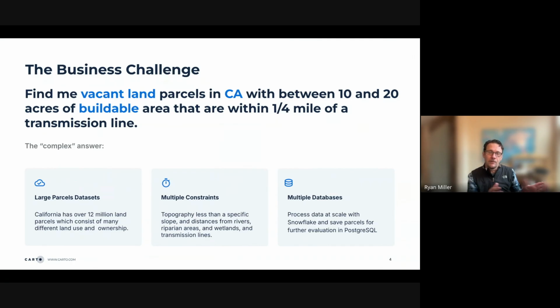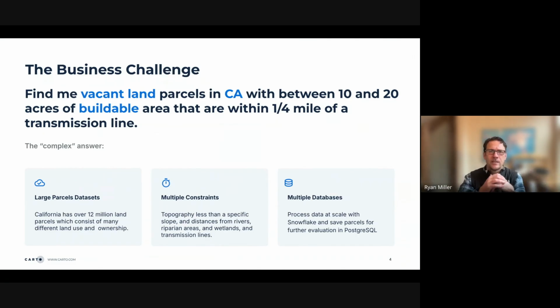And then we've got more of a transactional PostGIS, Postgres instance, where we're taking our selected set of parcels and saving them into a Postgres instance where maybe we have some downstream operations, where the commercial real estate organization or the engineering organization wants to take that subset of records and do additional analysis to evaluate them and incorporate them in their processes.